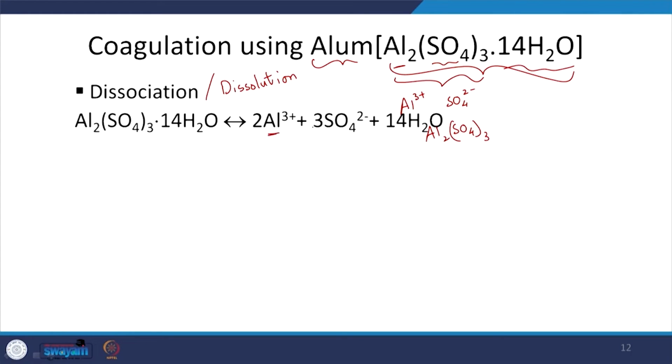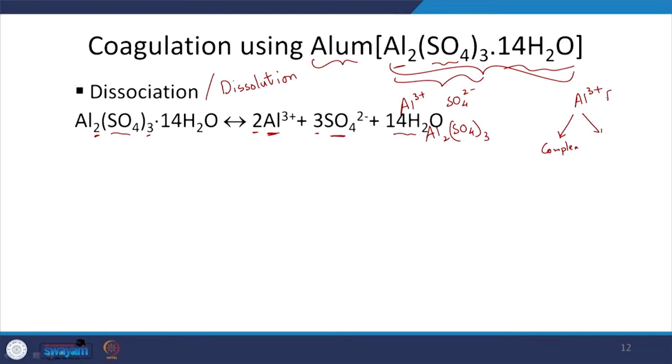So, obviously Al3+ and SO4 2-, mind the stoichiometric coefficients: Al2, so 2 Al3+, SO4 3, so 3 SO4 2-, and water, I guess, right. So, this is what we have, but do we know more, as in Al3+ won't stay only as Al3+,